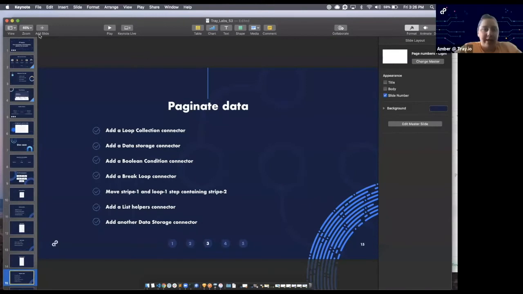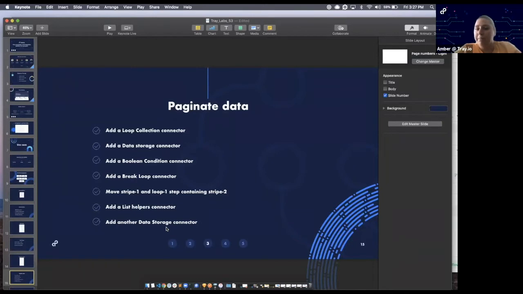Now we're going to be looking at paginating the data. So we looked at just grabbing a single request, but we can't always make the assumption that one request is going to grab all the data. Most APIs are going to have a limitation on how much data can be pulled in at once. In this case, Stripe has a limitation of 100 records per request. So we need to set up a process to continue to fetch more data until all data has been brought